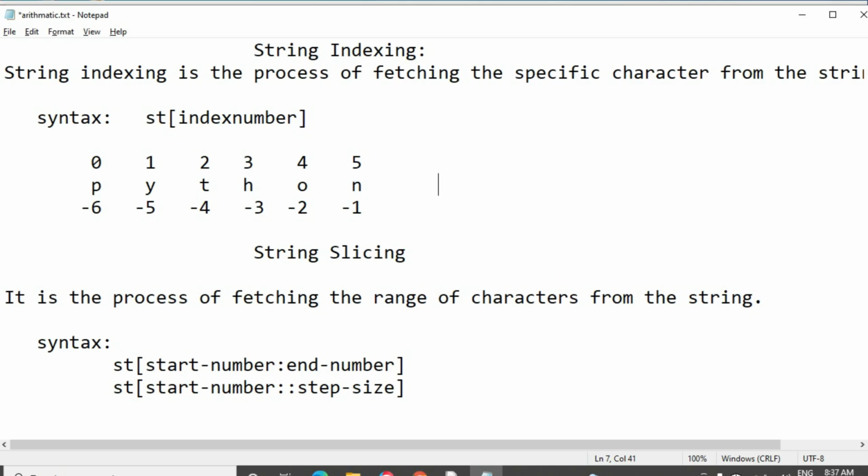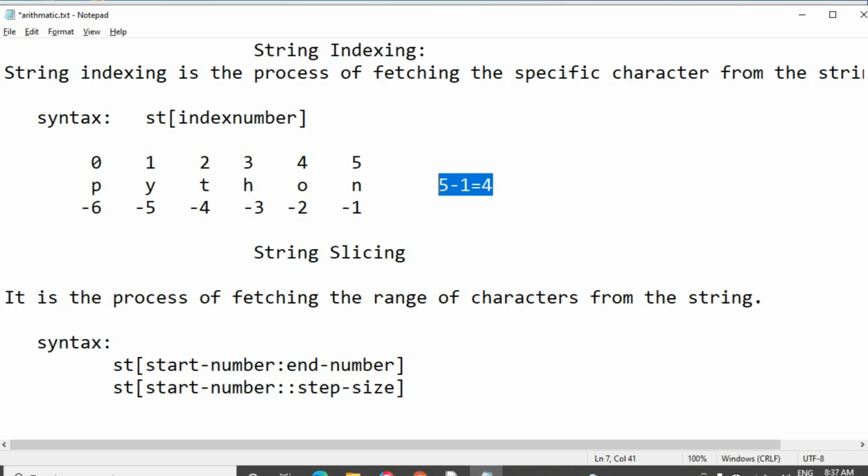So if you give the end number 1, it will be considered as 1 minus 1, that means the position before the end number. If we give the end number 5, it will be considered as 5 minus 1 equal to 4. Up to 4 it will display. It will fetch characters 0 up to character 4: 0 1 2 3 4.